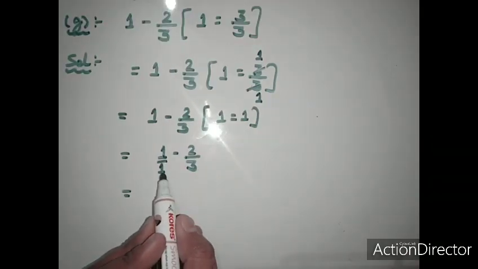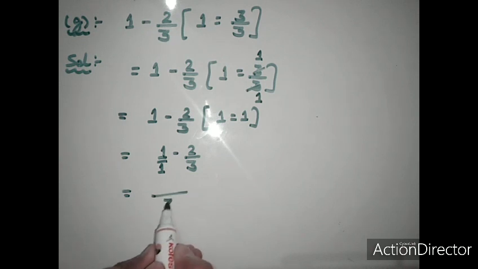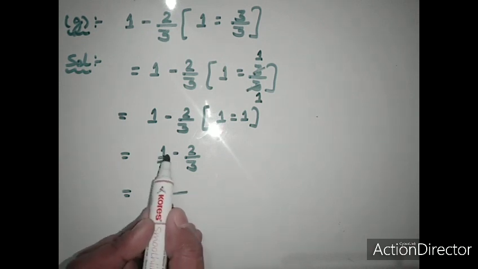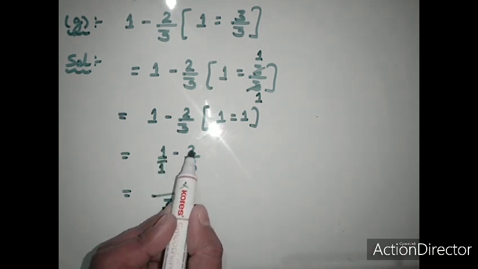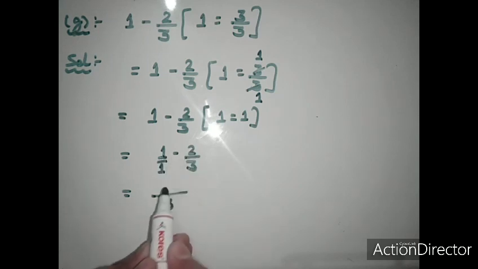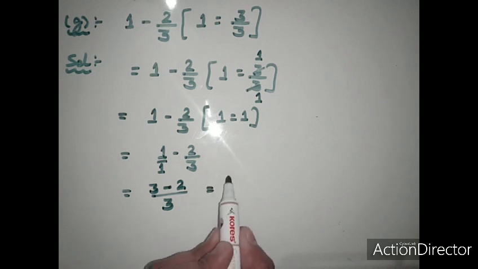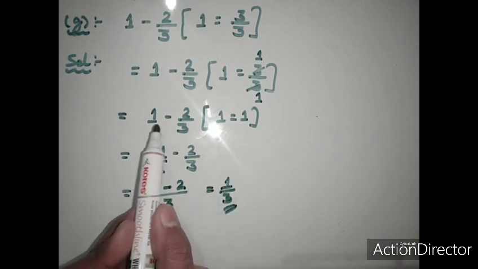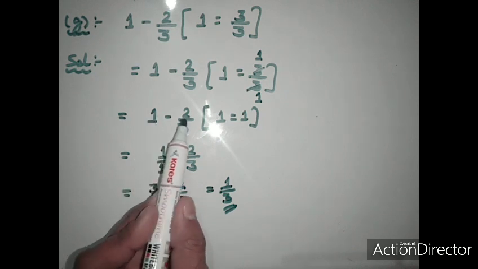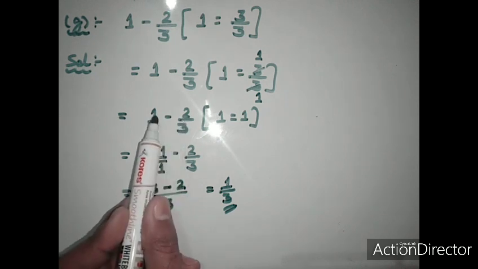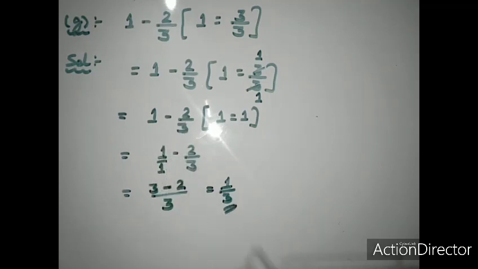So now here we multiply 1 and 3. 1 3s are 3, and after that we cross multiply this numerator and this denominator, this numerator and this denominator. 1 3s are 3 minus 2 ones are 2, and here we get 1 upon 3. So we get the same answer when we use the short method of subtraction of whole numbers and a fraction number. 3 ones are 3, 3 minus 2 is 1, 1 upon 3.